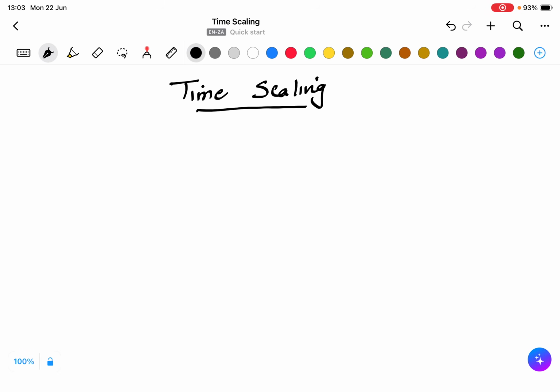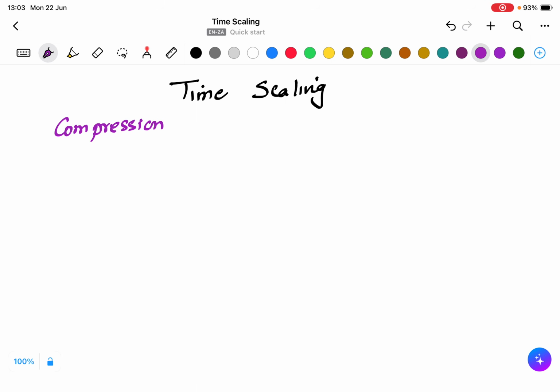In this lecture we are going to learn about time scaling. In general terms, time scaling means that you are compressing the signal in the time domain or expanding the signal in the time domain. So what that means is